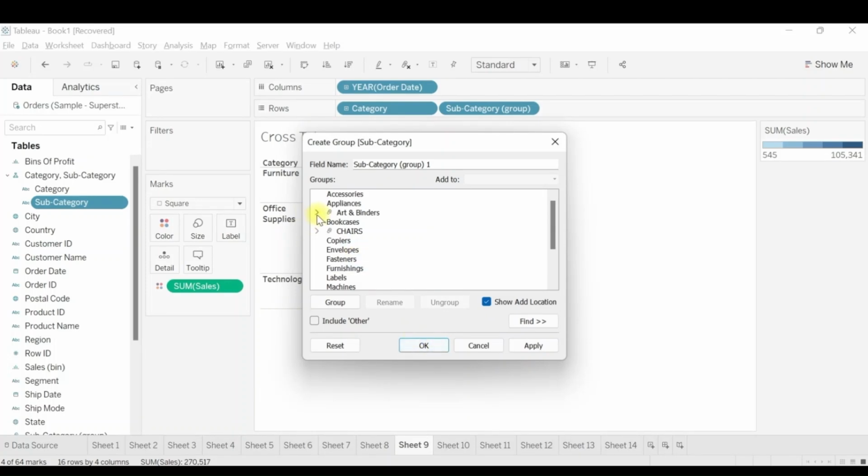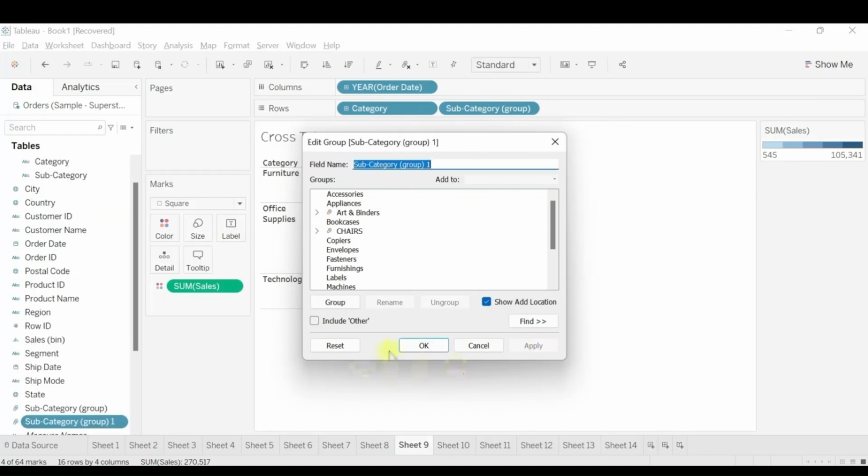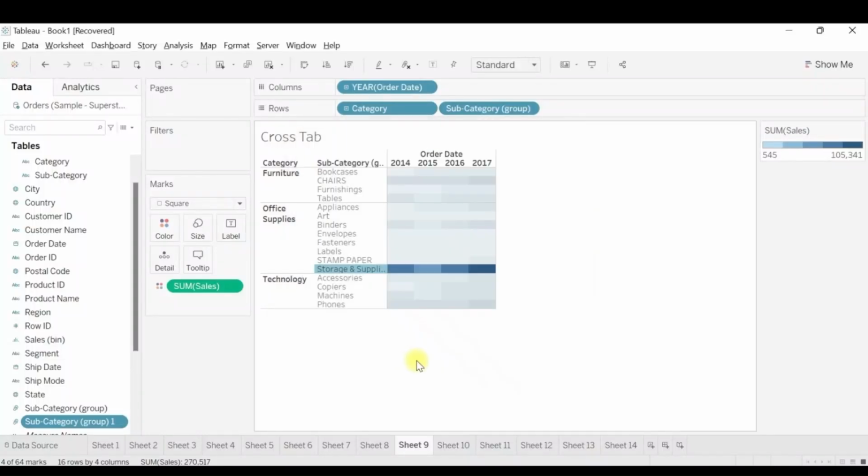Also, you'll see a small arrow. If I click on it, it will expand the group and show all the elements available in that particular group. If I click on it again, it will collapse the group and hide all the elements of that group. It is just a way to see all the group members. Now I can click on apply and I can click on OK.